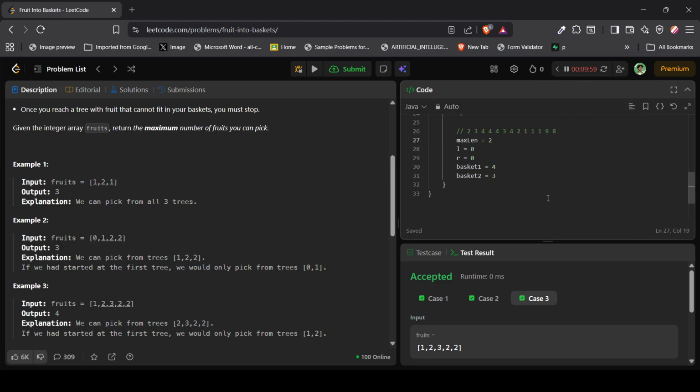do much today. Okay, so the left pointer is at 1 right now, with 3 as basket 2 and basket 1 will be 4, right? So yeah,